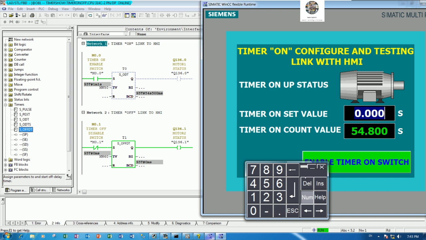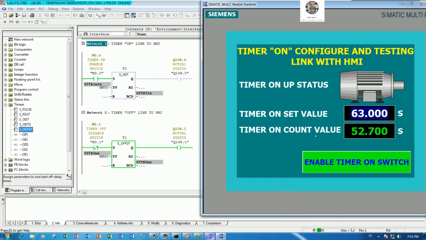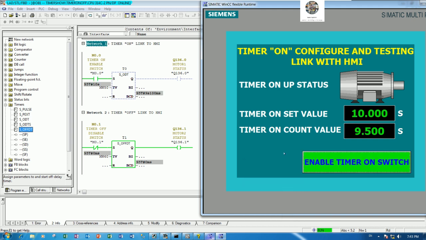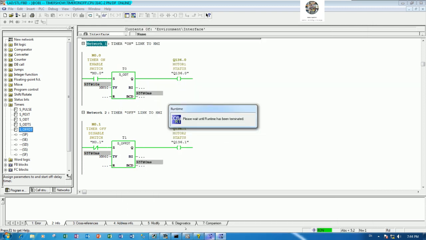And for example, we set 63, so 1 minute and 3 seconds. So it's a long time, right? So I will choose only 10 seconds, and then we enable. Yes, so the timer will count until 10 seconds. It will turn on the output, right? And then we will create the color of the motor also. Okay,